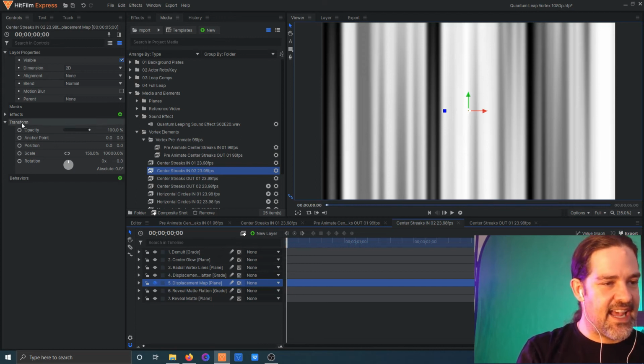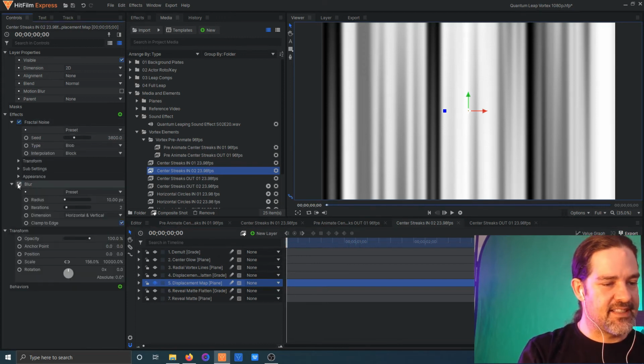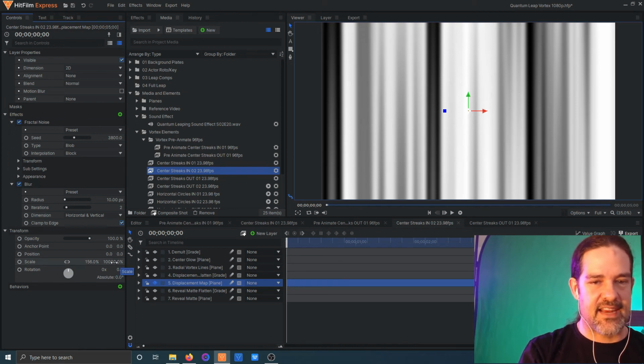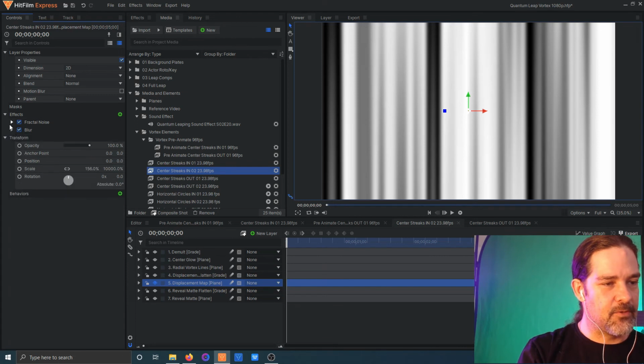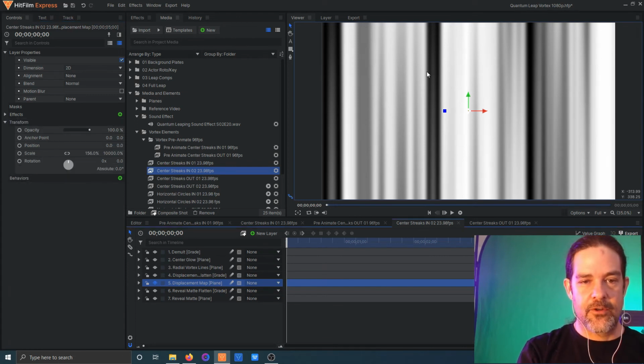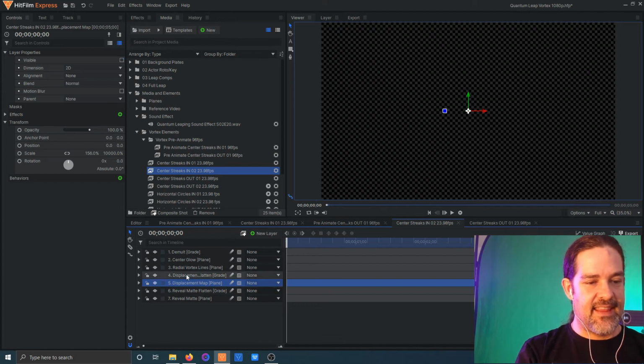This is a fractal noise, but the real thing about it is in the transform, I've unlinked the scale, and I've changed the scale on this to something like 10,000 or 100,000. And so that generates these vertical black, white, and gray streaks. And then that's under a grade so that it is also flattened. So now we'll take a look at the